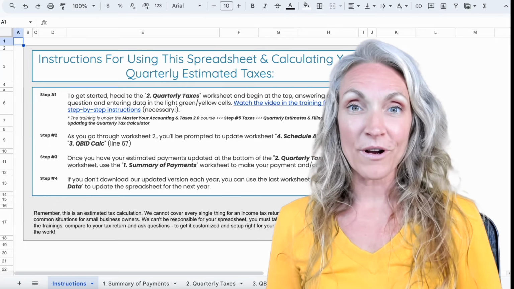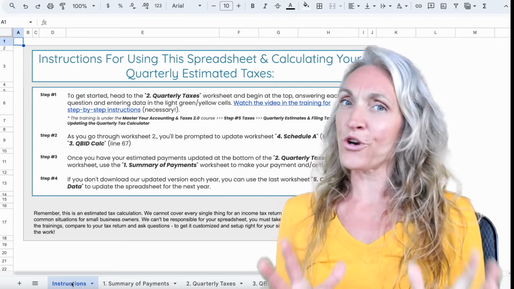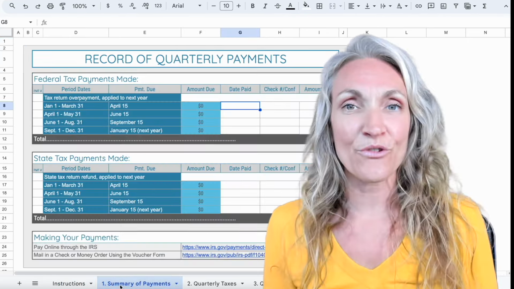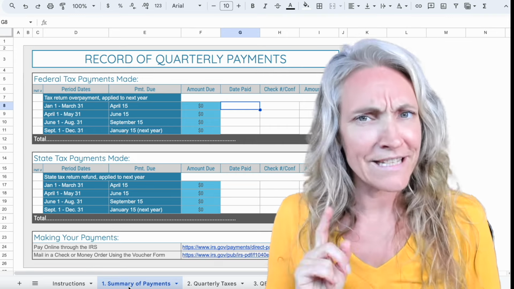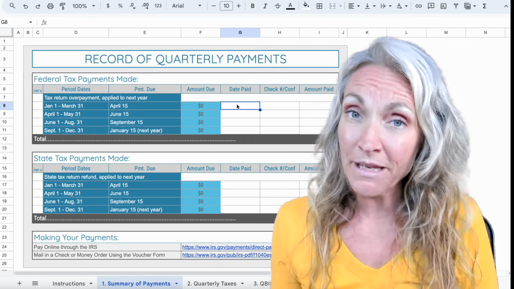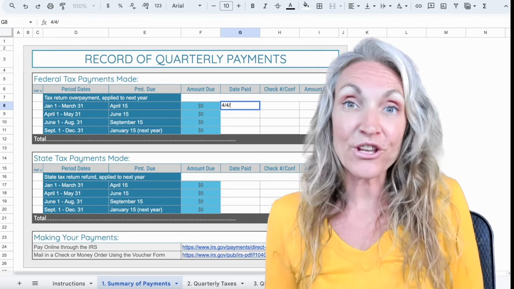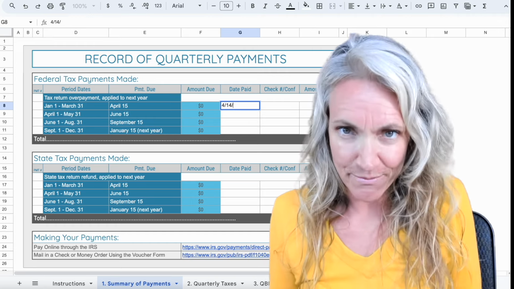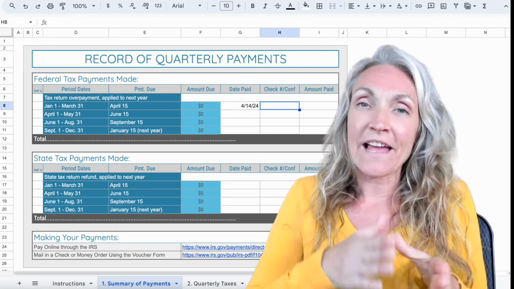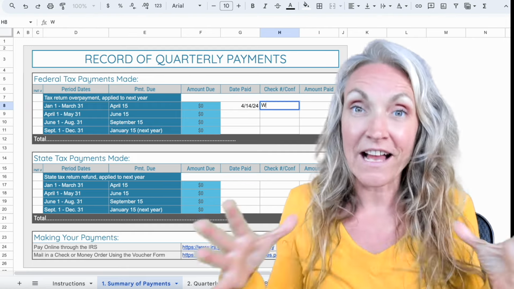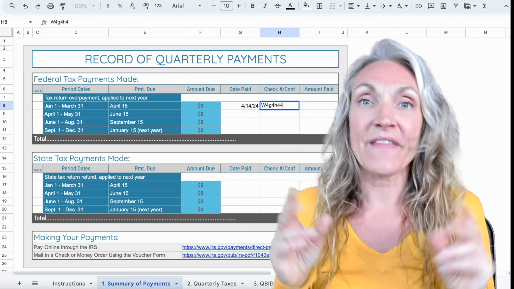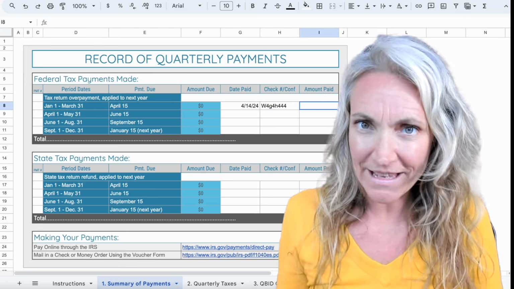Hi there. So we're coming up on a quarter deadline. And so you're probably wondering, do I need to make a quarterly estimated tax payment? And how much? How do you know if you need to make a quarterly estimated tax payment? So if, when you file your taxes for the entire current year, come that infamous April 15th deadline, if on